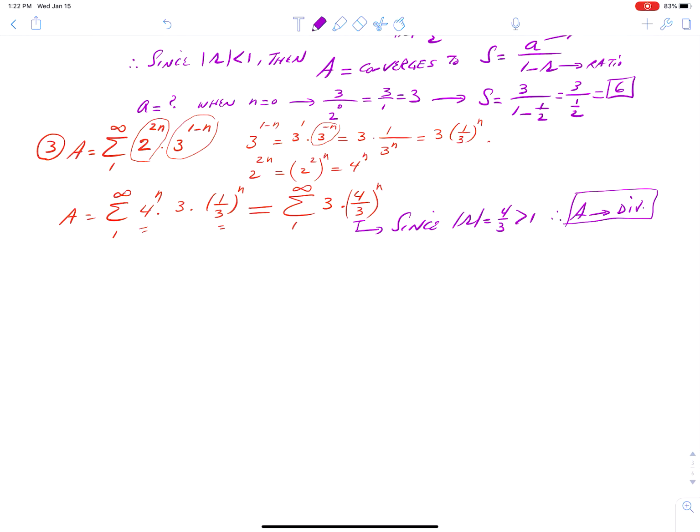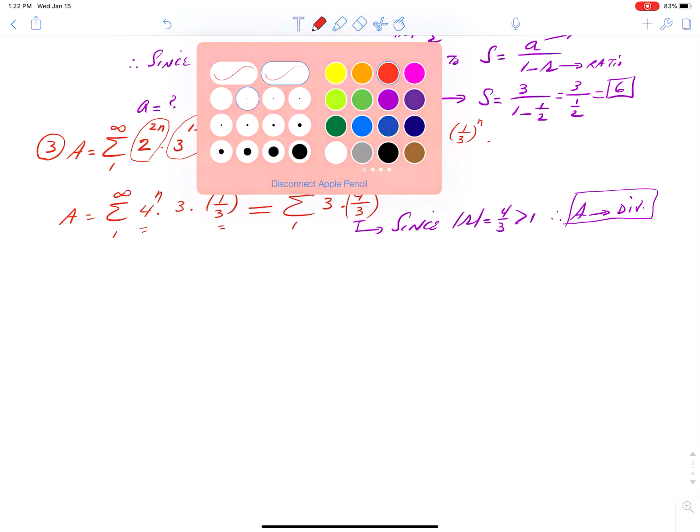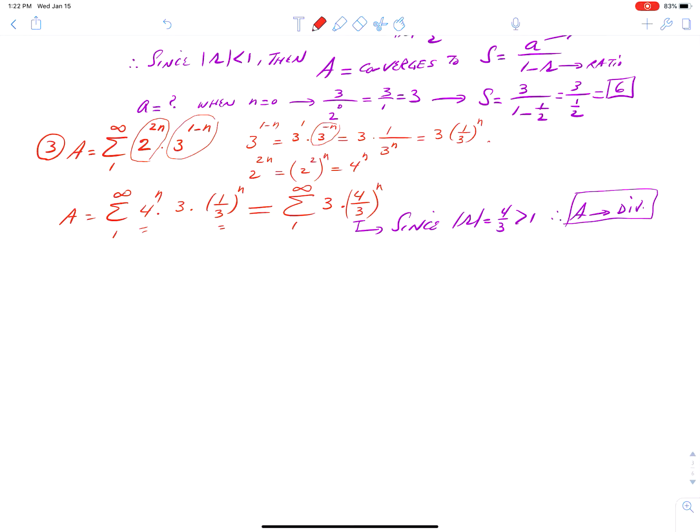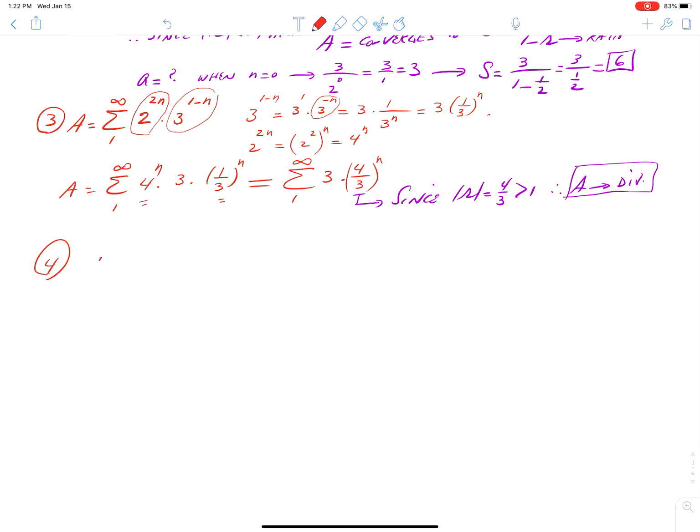Okay, so that's these. Let me do one more of this kind of manipulation. I think it's important to get used to these. Let's call this one B. Let's say you go from 1 to infinity. This is an infinite series of 3 power n divided by, I'll make it 4 raised to n minus 1. Based on what we talked about before,